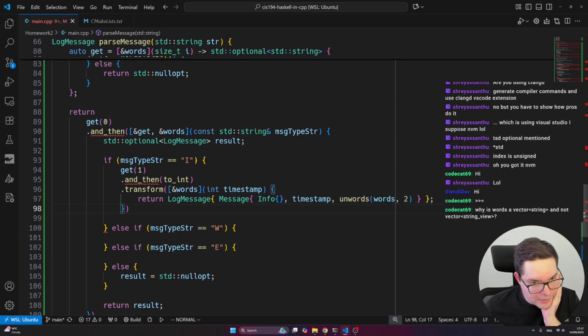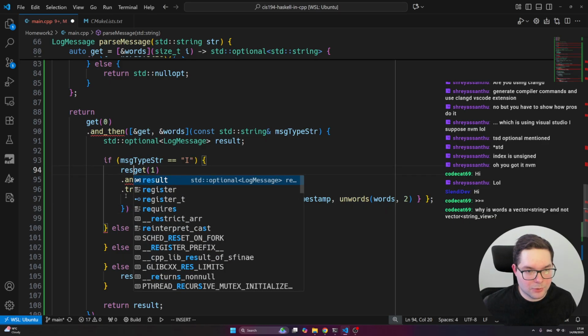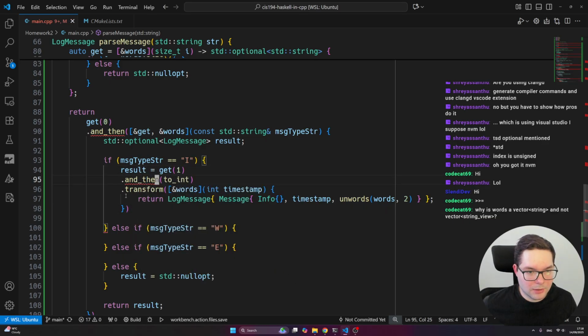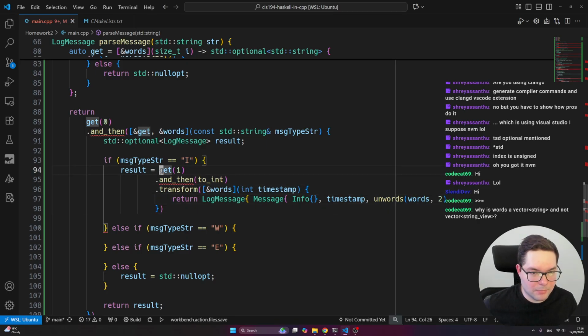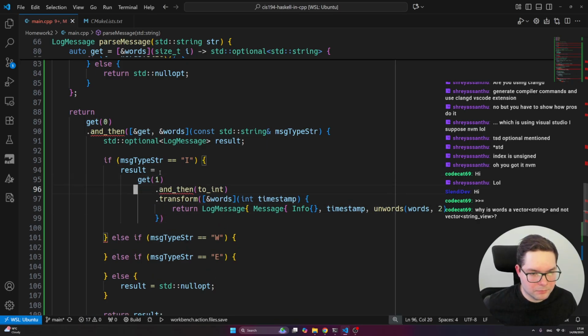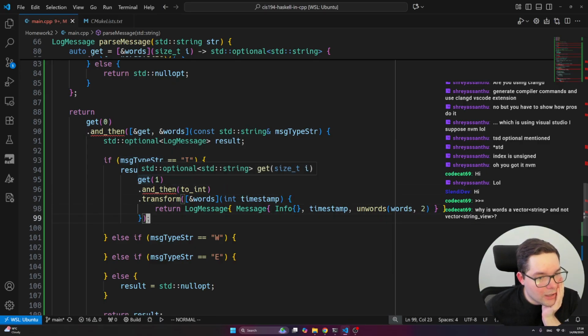So this is what we did. We get elements, and this returned our log message, and we actually want to return this stuff. So our result will be this. Maybe we can align it with